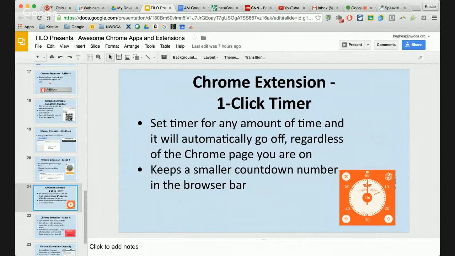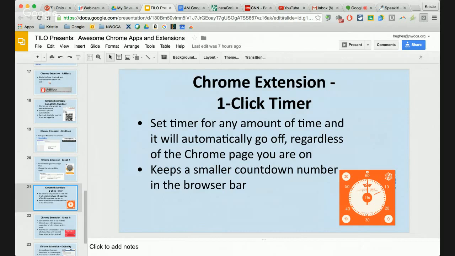If you need to time your students or time an activity or something for your students, there are so many different websites out there and so many different things that you can go and find a timer, or even if you have one sitting on your desk, you can use all of that stuff. But the reason why I like this one is because I'm currently in a Google Doc, or a Google presentation, and maybe I want to stay in this Google presentation. So what I can do up at this point is I can just turn on, just by clicking right on that one-click timer, and it will just pull up a timer for me.